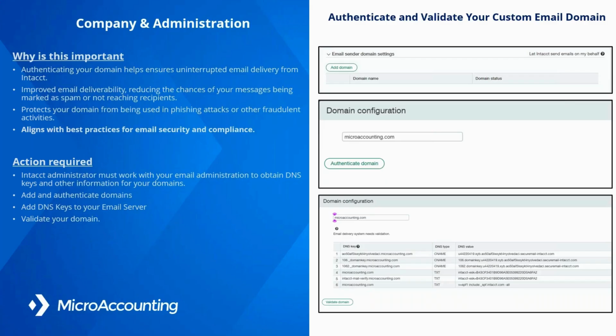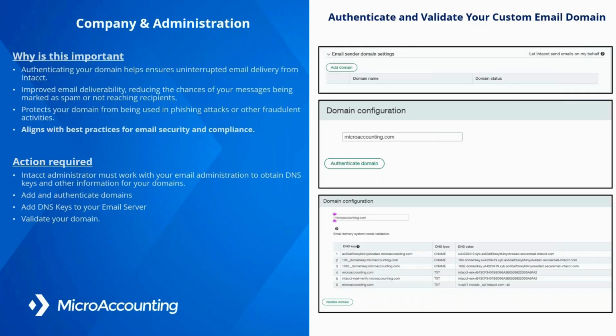So what action is required? You can always reach out to us at our Sage Intacct email address, and I'll show that at the end. Or, if you're a Sage Intacct administrator, you can work directly with your IT email administrator and work through getting some DNS keys. I put some screenshots here. It's a pretty simple process. You have to have admin rights to get into this area. So really all you do is you have your IT